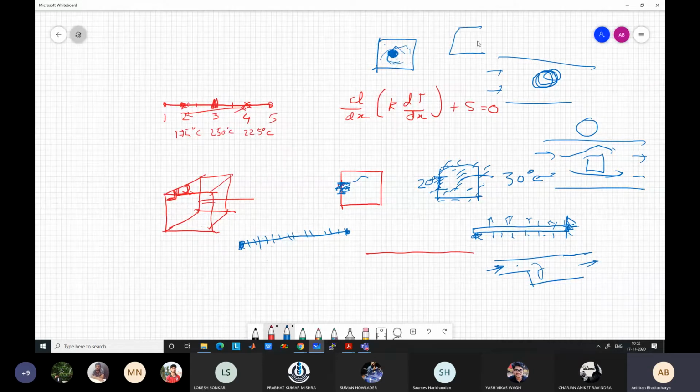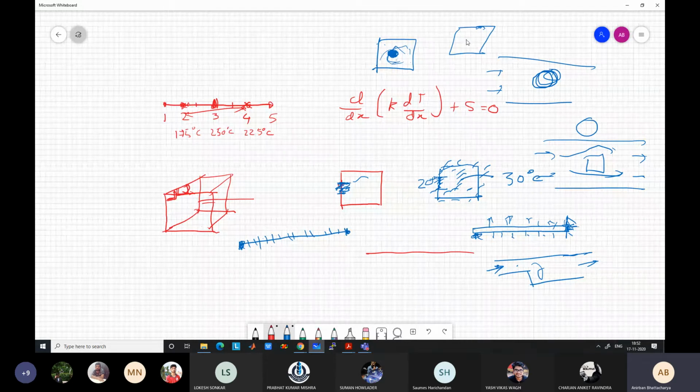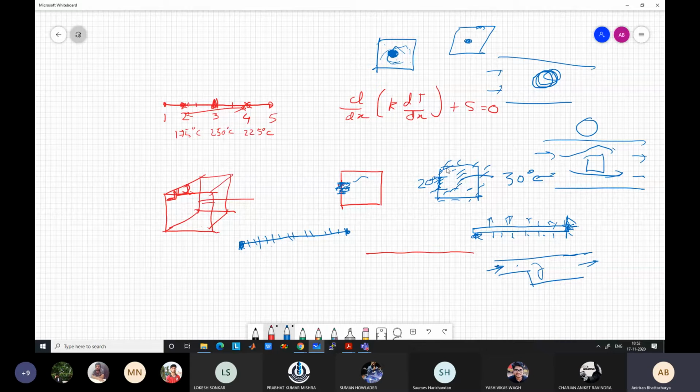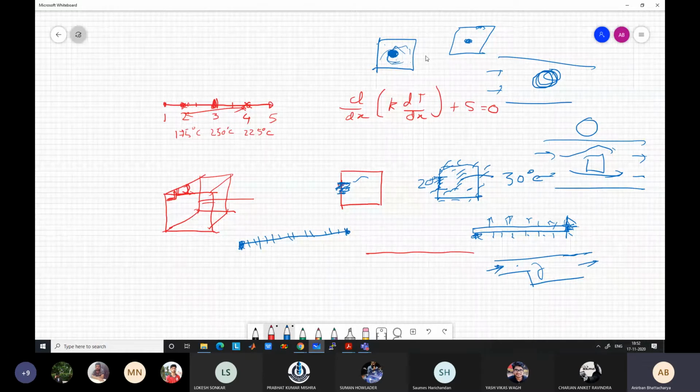If you want to solve using a code, similar to your assignment problems, because in the assignment you will be developing some 2D finite difference or finite volume code for solving a diffusion-based problem, not convection. Convection is too difficult, but diffusion-based problems you can tune the code to a practical example. So you should know how to reduce a very complex system to a very simple system so that you can solve it using the code, by taking appropriate assumptions.